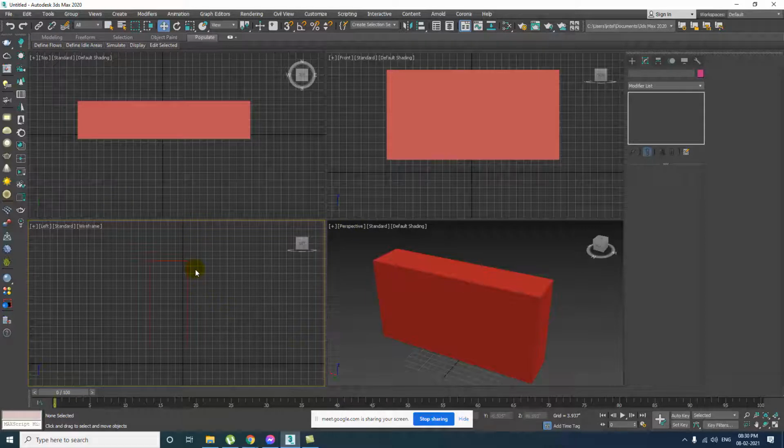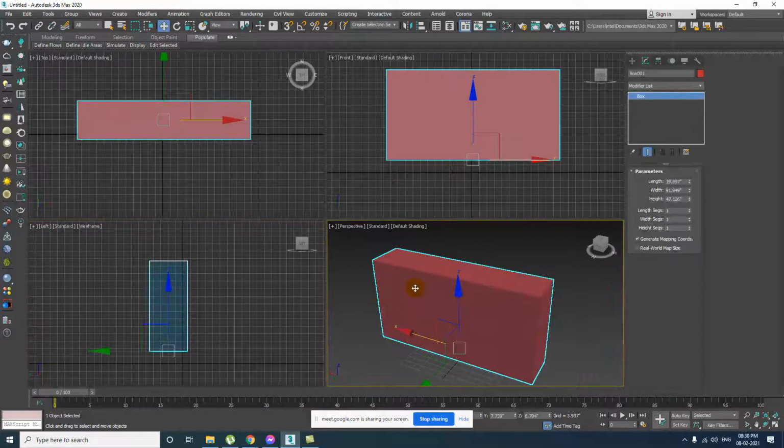Now if you want your object and viewport both to be selected, then you have to give a middle mouse click. Let me show you. I select the object, and on my left viewport my selection should be there, my object should also be selected. Then I give a middle mouse click, on my mouse scroll wheel.